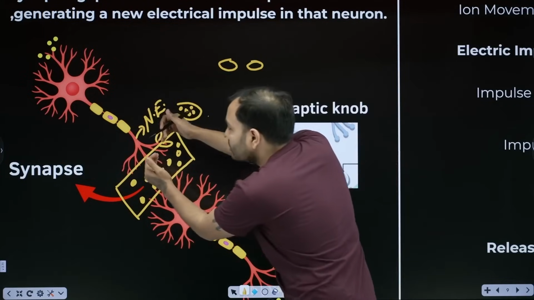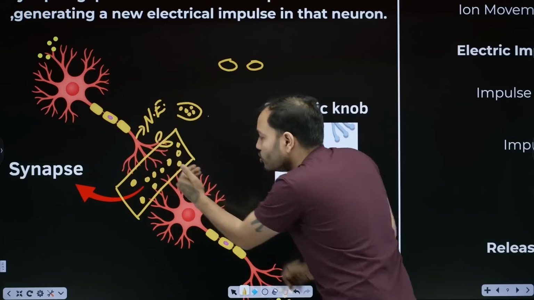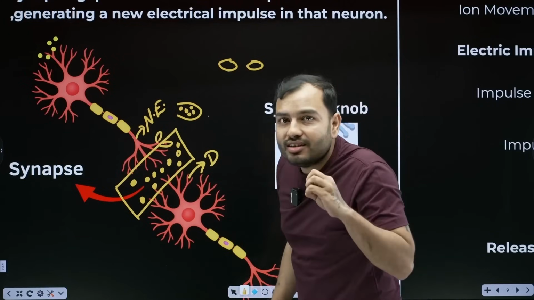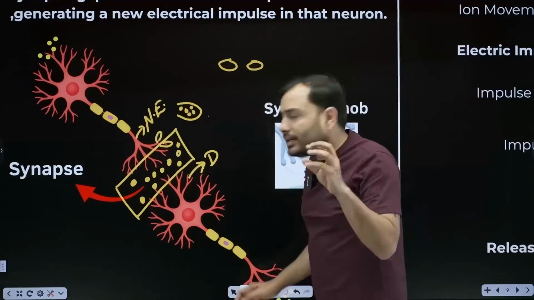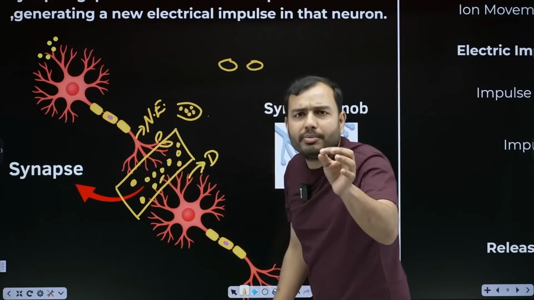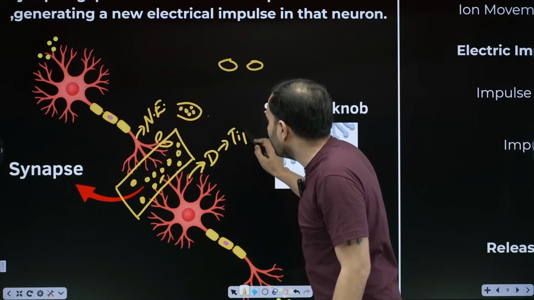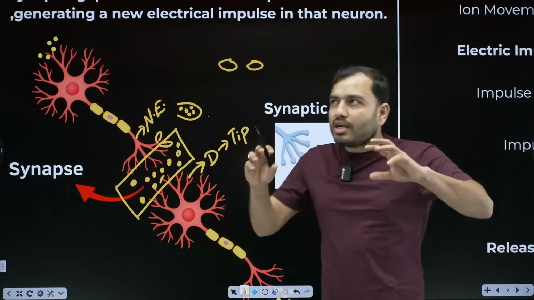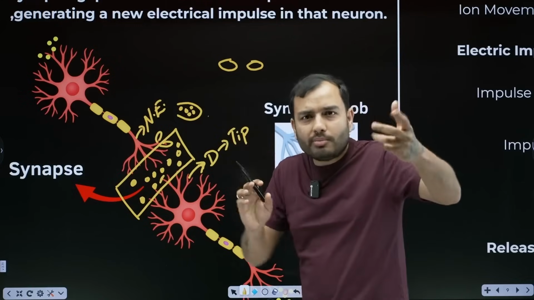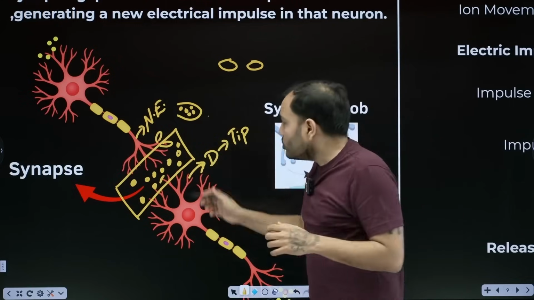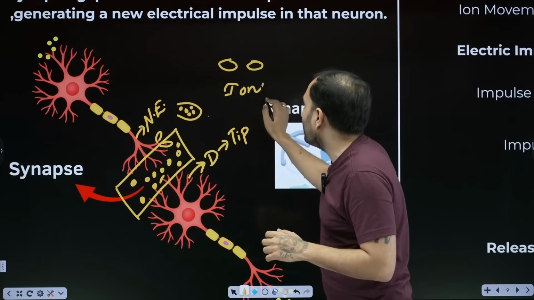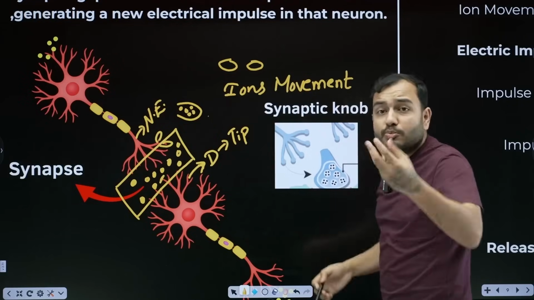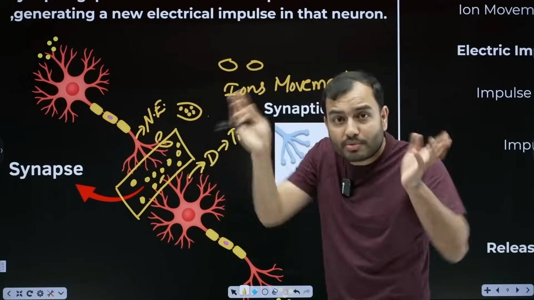That's right. The chemicals reach from the nerve ending of the first neuron to the dendrite of the second neuron. But it needs an impulse. What to do with the chemical? Now what happens? The chemicals reach the very last part of the dendrite, the tip. The chemicals together did some chemical reaction. There are some ions, sodium ions, potassium ions, calcium ions. So what happened here, beta? The movement of ions started. In a displacement reaction, one ion entered inside, one exited outside. In double displacement, ions move.